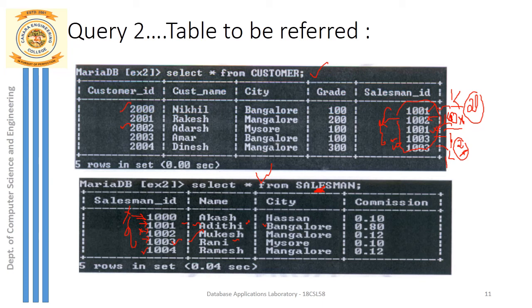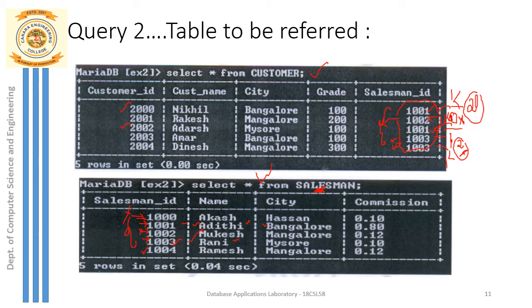Next, 1003. You can just see here whether this 1003 is matching with any of the salesman ID here. Yes, the last 2 rows are matching with the salesman ID 1003. So just these 2 rows are selected, and take count. Just count the number of rows here. So what is the number of rows? Number of rows equal to 2. The inner query has retrieved this count value equal to 2.